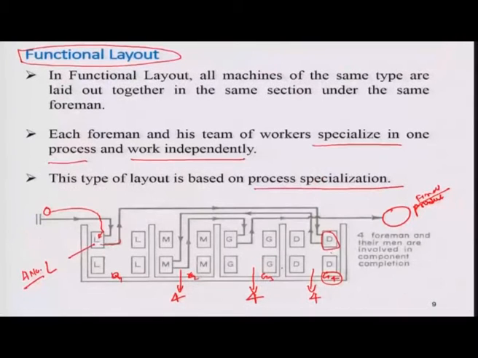And in this case you can see that there is only 1 foreman here. On each machine, if these machines work sequentially, then only 1 worker will be required. If all machines are engaged in parallel, then it may be possible that more than 1 worker will be required in each group. So compared to your product layout, here the number of human workers will be reduced. Also, it will act in a functional manner.